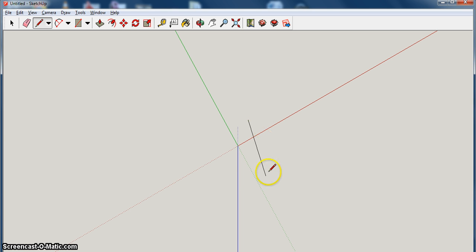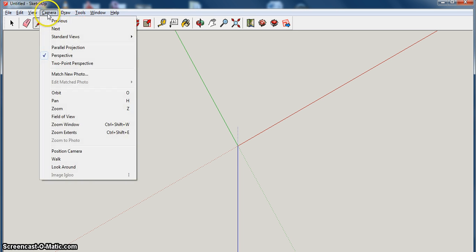Green, which is also parallel, and blue. So if you're drawing something and you really want to make sure that something is parallel to an axis, you have to wait till it changes color. Okay, so again, I'm just going to go camera, standard views, top,